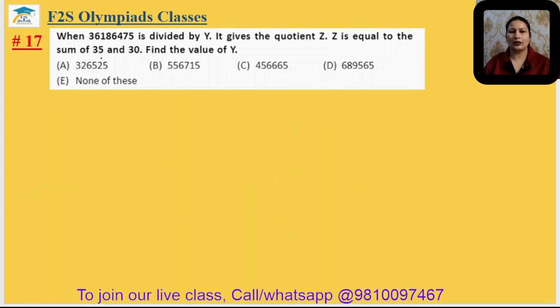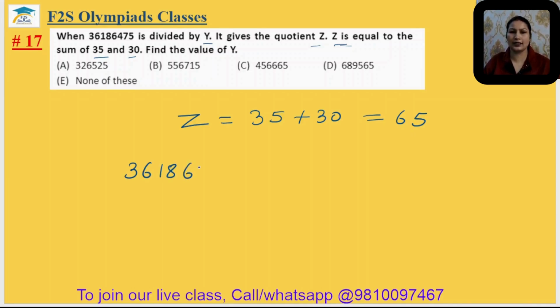Question 17. When this is divided by y, it gives the quotient z. z is equal to the sum of this and this. Find the value of y. So first we have to find the value of z. z equals 35 plus 30, that is 65. And the question is saying 36186475 divided by y equals 65. Using the division fact, y equals